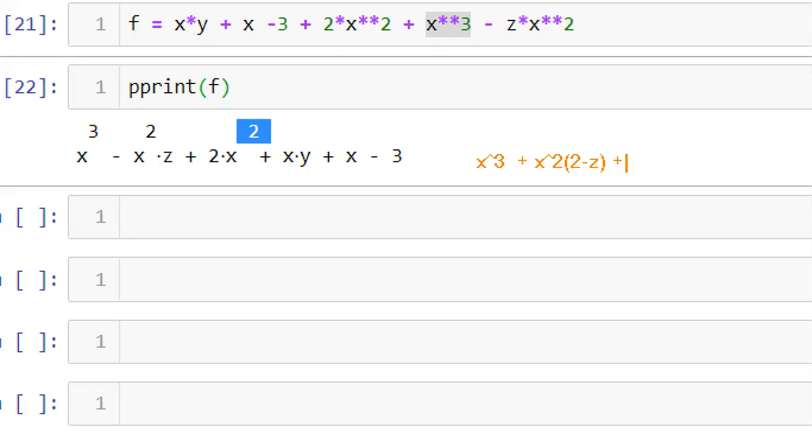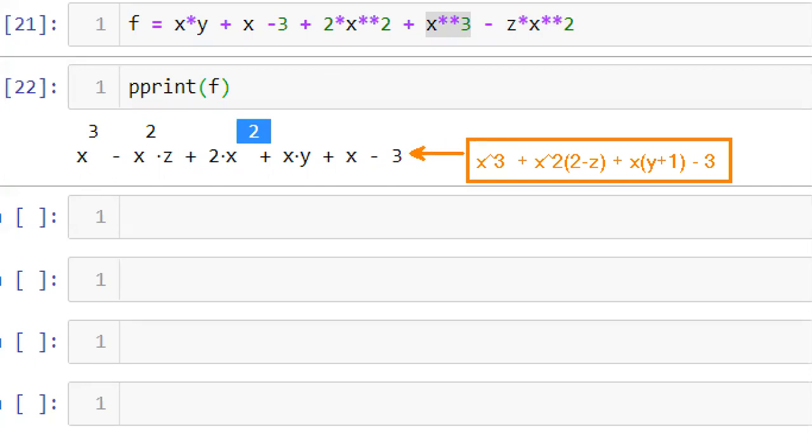And here the power of x is the same, we have again two elements. You can write it as y plus 1 and then minus 3. Can you write like this for the same expression, right? See, this expression can be written in this way also. Yes or no?